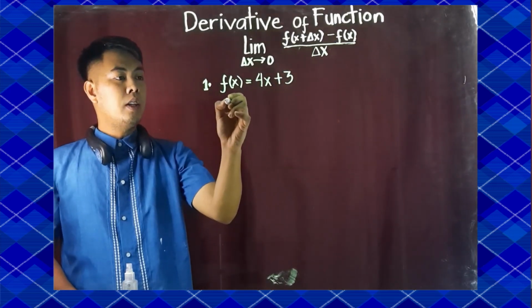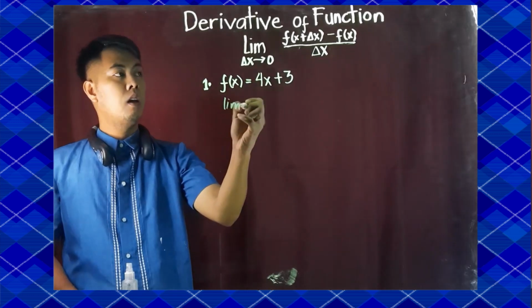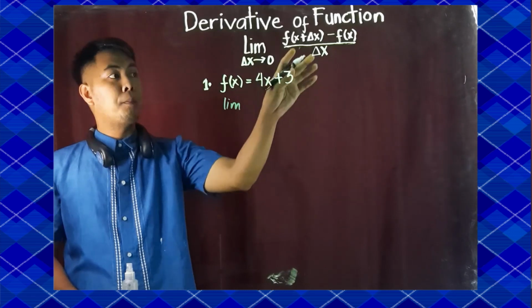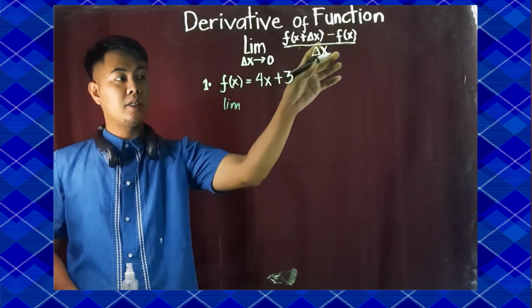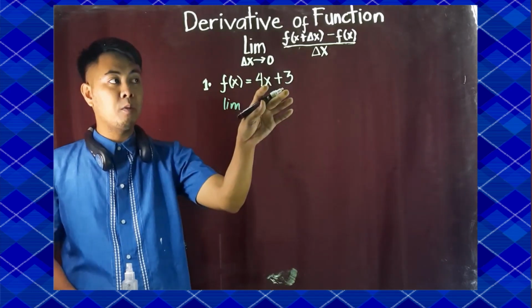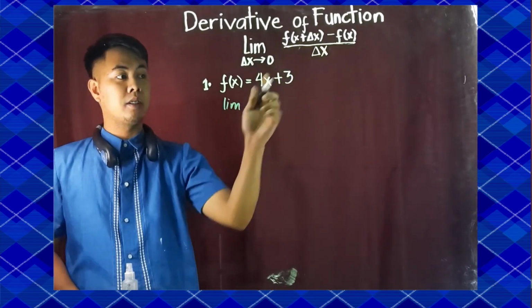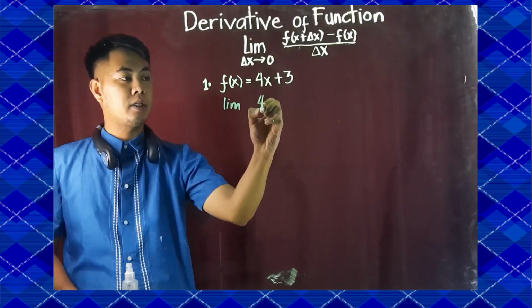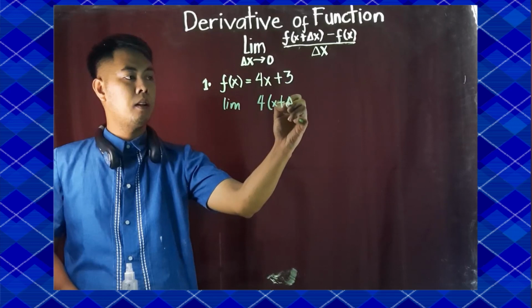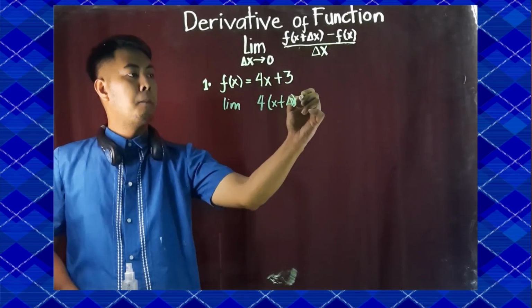So the limit of the function where x will become x plus delta x. So that's the first step. You're going to evaluate the function where x will become x plus delta x. So this will become 4x plus delta x plus 3